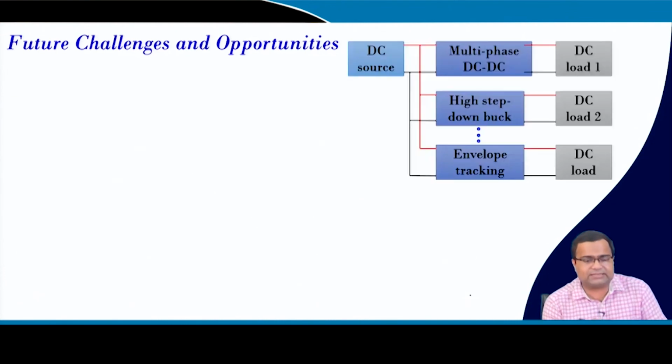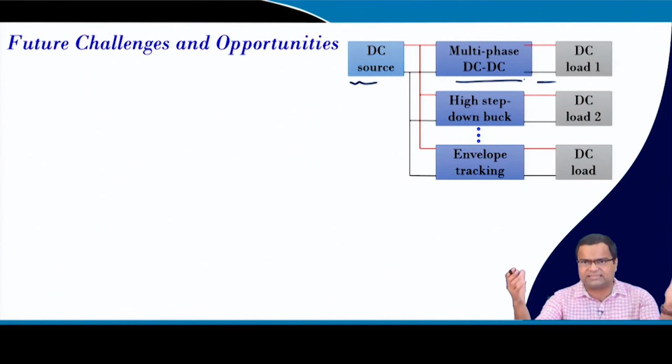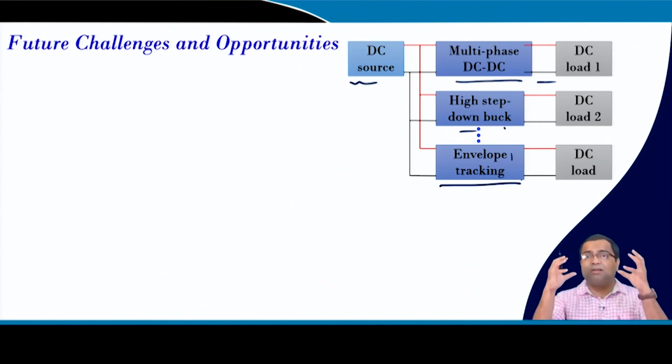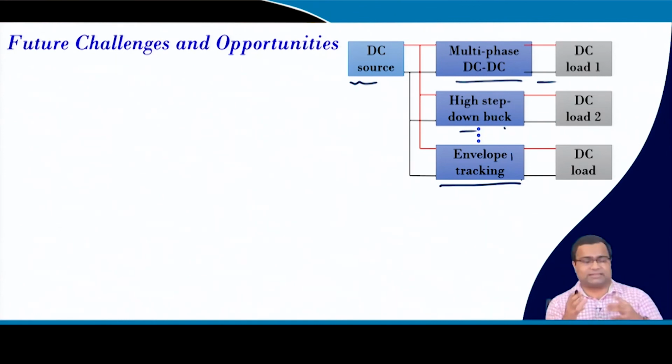So, the future challenges: you will see more complex networks. I mean, the power converters will be interconnected. For example, with a battery you may have only one source, but multiple processing elements, where you may need a single buck converter, so a single DC-DC, or a multi-phase, multiple step-down converter, or envelope tracking for the power amplifier of your mobile phone, smartphone. Such a complex architecture, and this power management occupies almost more than 50%